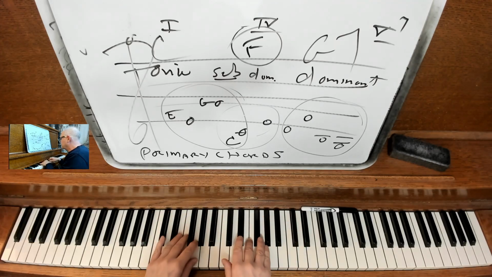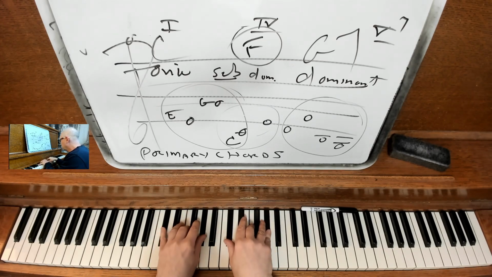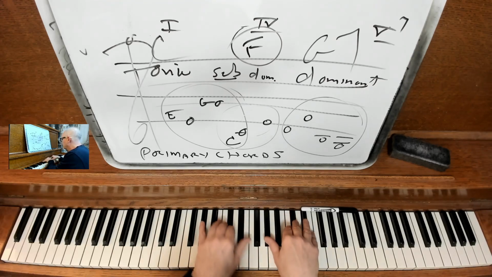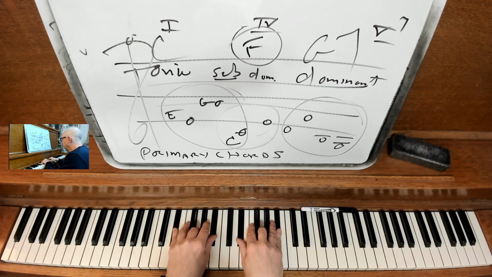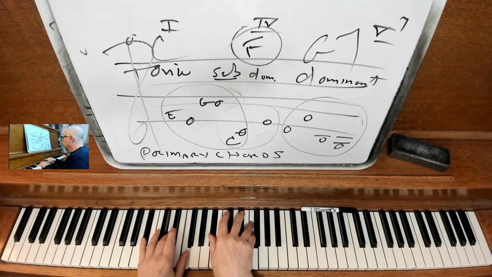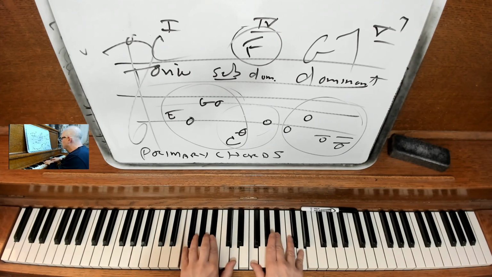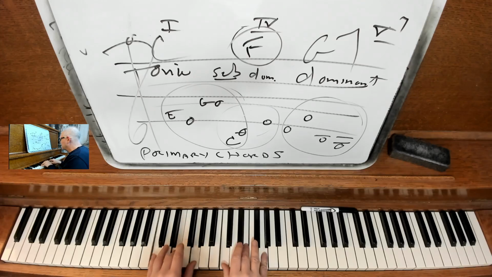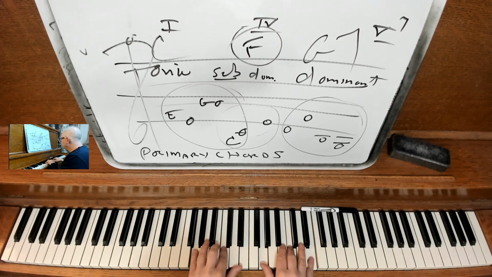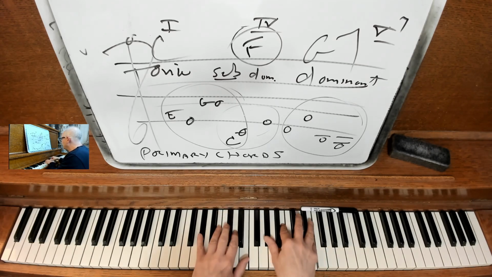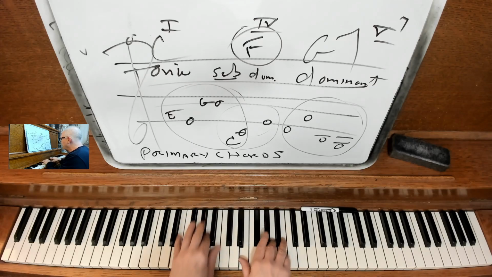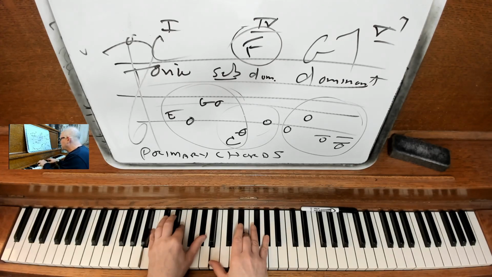Going up to C sharp or D flat, going up to A flat, going up to E flat, going up to B flat, and then F, and back to C. So C, F, C, G, C, G, C, G, D, G, D, G, D, A, D, A, D, A, E, A, E, A, E, B, E, B, E, B, F sharp,